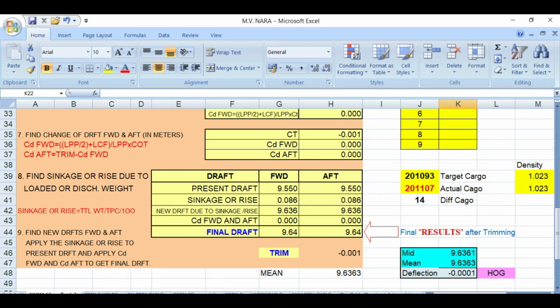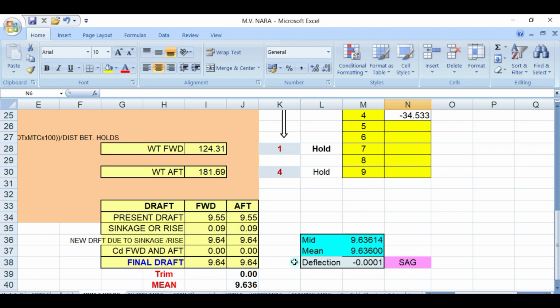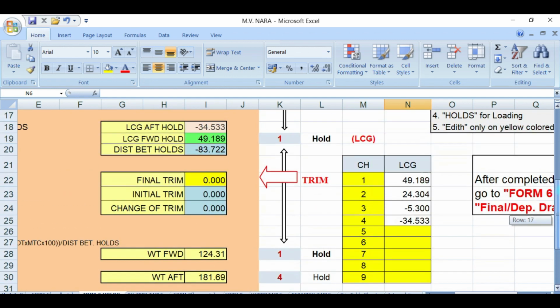So for example, I want to have a trim of, let's say, 10 centimeters, 0.10. Okay, so it's recommended to load in number 1 168, and aft will be 138.